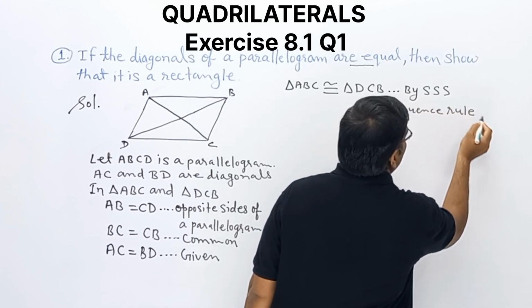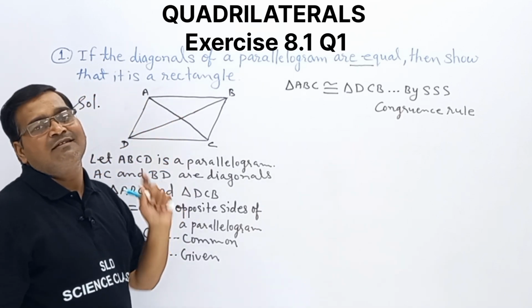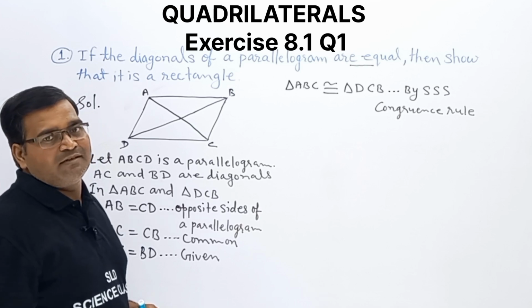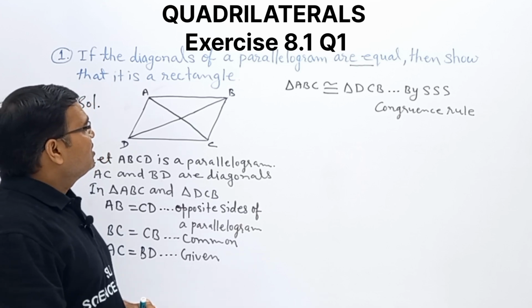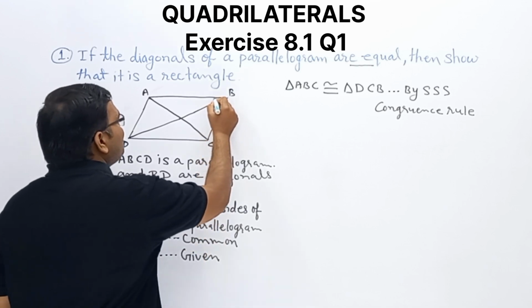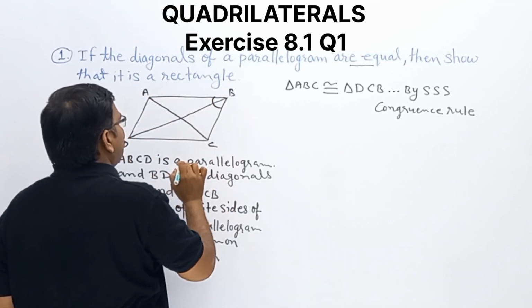By the side congruence rule, we proved that both triangles are what? Both triangles are congruent. Once these triangles are congruent, then we can say this angle for triangle ABC, this angle